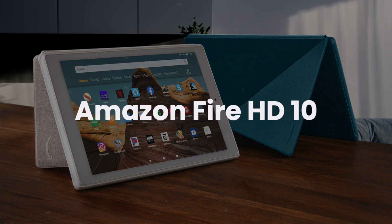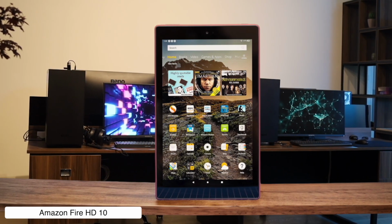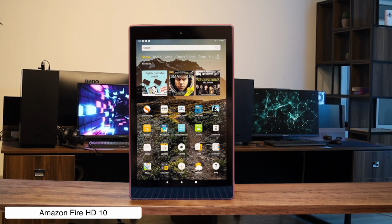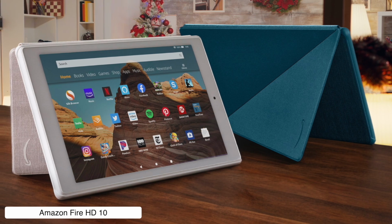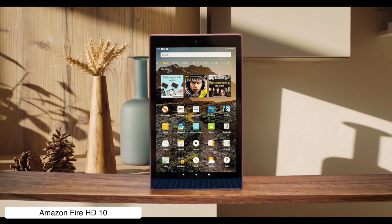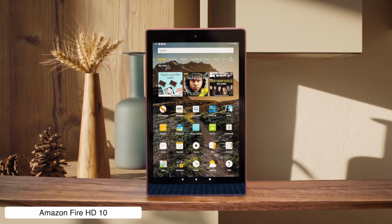Look, for 150 bucks, you're getting a damn good 10-inch tablet with a 1920 by 1200 display that's actually pretty crisp and bright for watching movies. Plus, it'll last you over 10 hours on a single charge. The MediaTek processor and 3 gigabytes of RAM won't blow your mind. And yeah, you're stuck in Amazon's ecosystem, but it handles basic tasks smoothly and the build quality is surprisingly solid. Would I buy it? Yes, it's basically impossible to beat at this price point for a basic streaming and reading